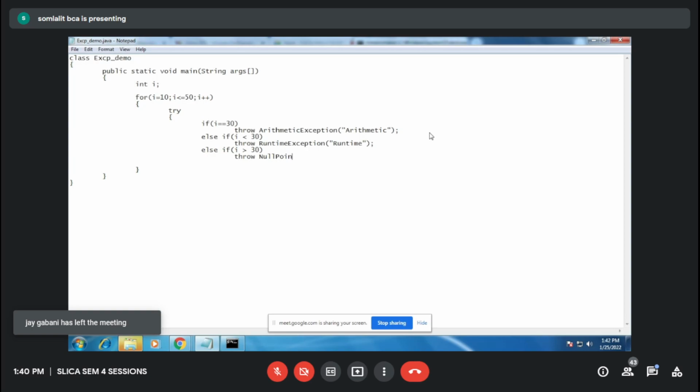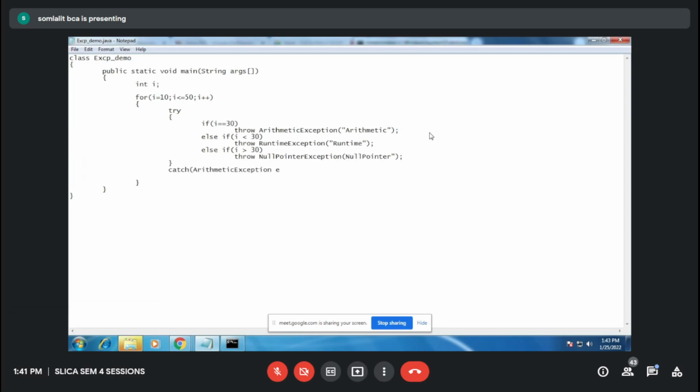Now we need to catch it. So catch arithmetic exception E, system dot out dot println, exception dot plus E dot get message. Correct? Now same way, let's catch